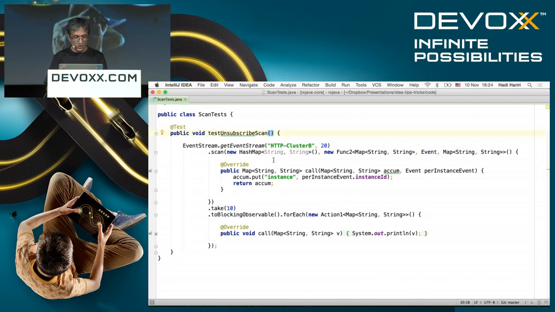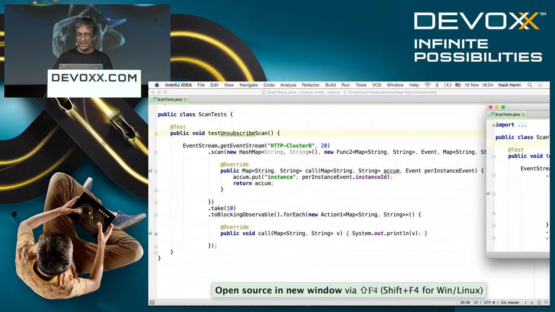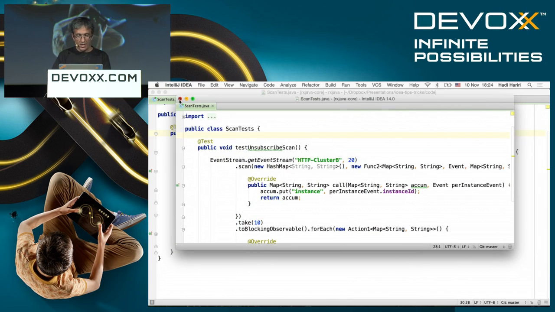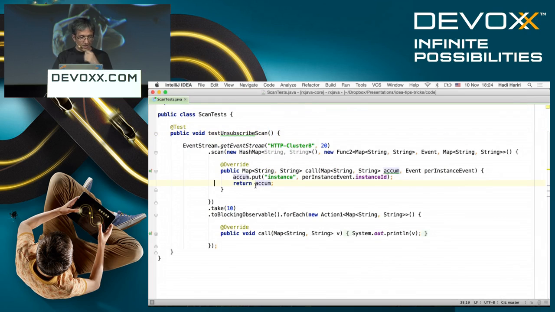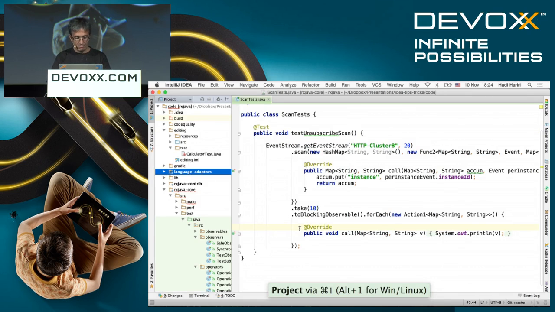One other thing that you can do, especially if you have two monitors, is press Shift F4, and what that does is move that editor to a second monitor, which is quite useful for when you're doing copy pasting, which we all do as developers, right? It's one of the best ways to reuse code, to just copy paste. So you've got that as well. Okay, so if you want to go quickly into this mode of having windows or not having windows, what you can also do is press Shift Command.